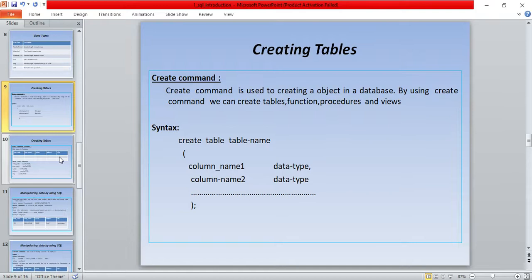Create table, table name, column name 1, data type 1, after that a comma, after that column name 2, data type 2, and so on. You can create any number of columns in a table, and after that close the bracket and add a semicolon. This is the syntax of a create command.